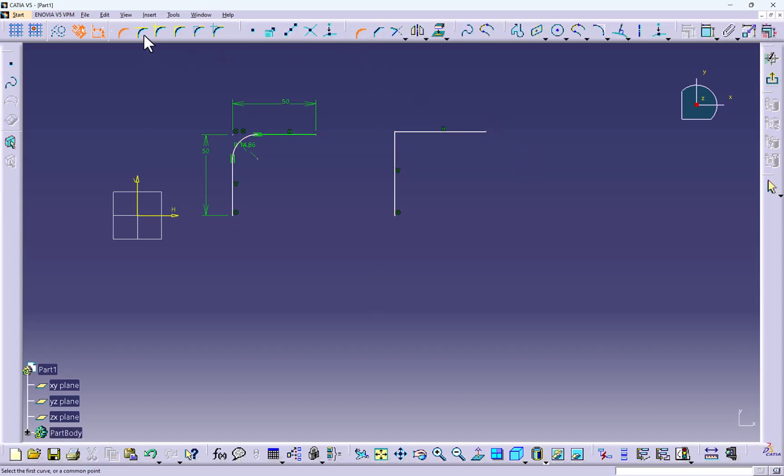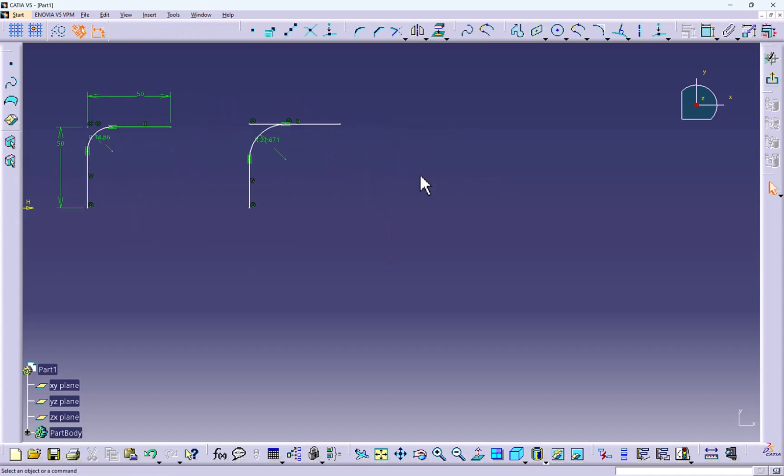We'll go to this option, and we want to trim only the first element. So the first line we're going to select will be trimmed, and the second line will be trimmed. As the first line and second line, you can see that. Now next we'll make